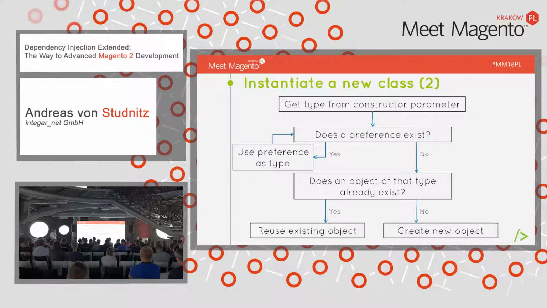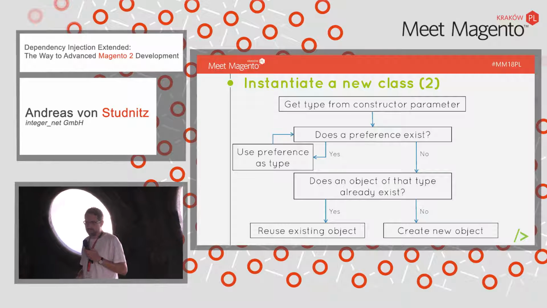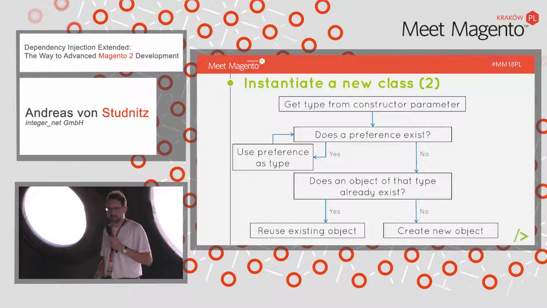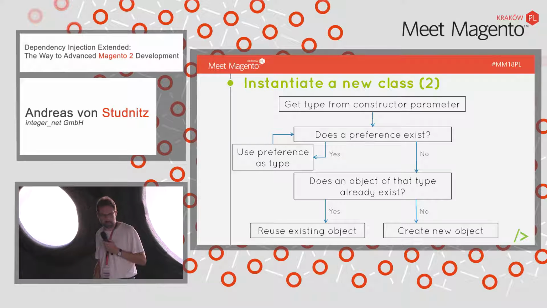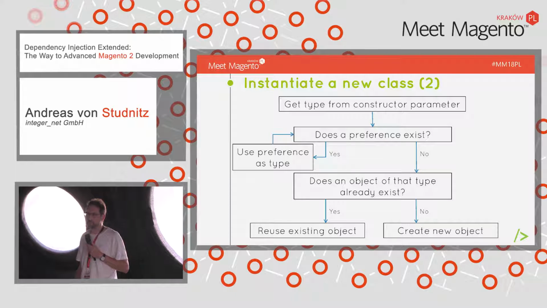And then we can generate or we can retrieve an object of that type. And again, it looks up if there is already an object of that type in the object manager, and if it's not there, it will be created new, and if it's there, it will be reused. What's happening in the background is that Magento, that the object manager, is using